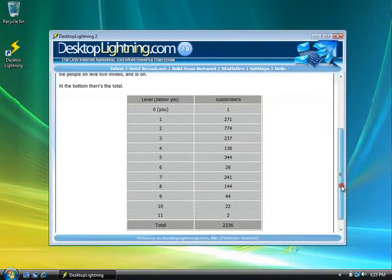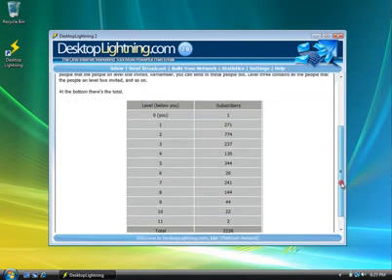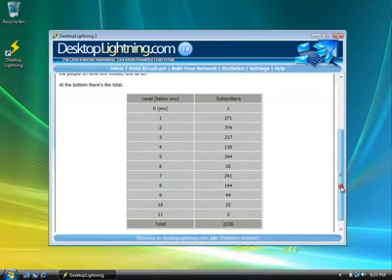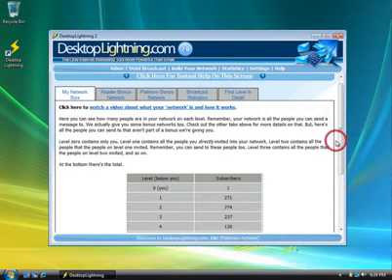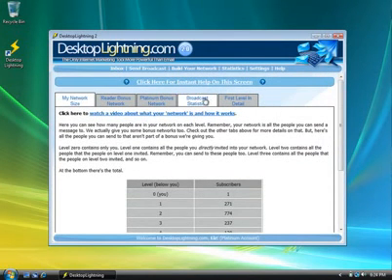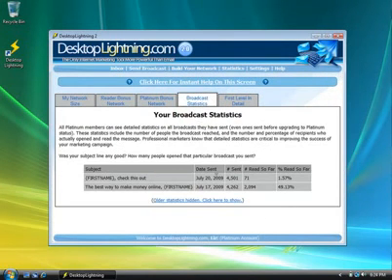I logged in just a few days ago to send another test message, and there were 250 less people in it. It's crazy. Let's go see if anybody's read the message that we just sent. I want to go to Broadcast Statistics, and we can see the message that I sent today to 4,500 people has already been read by 71 people. That's amazing. Have you ever seen anything like that?